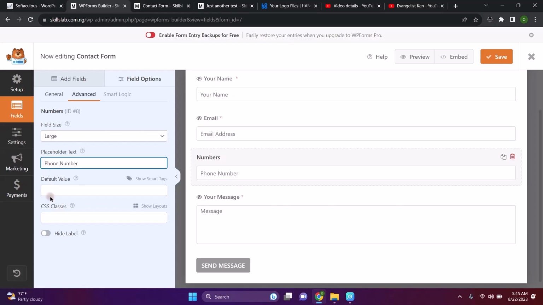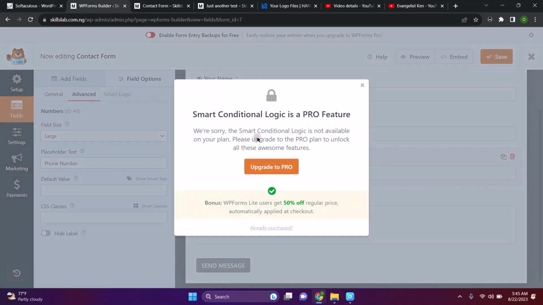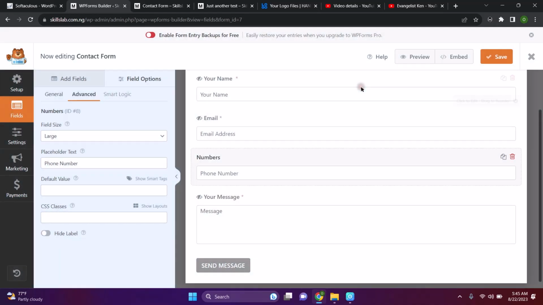We are not setting any value and we are not adding any CSS here. So smart logic, this is for pro, it's not free. Well, we are good to go with this one. And next thing is, okay, we are on feed options. That is this very option here. So after everything you save,